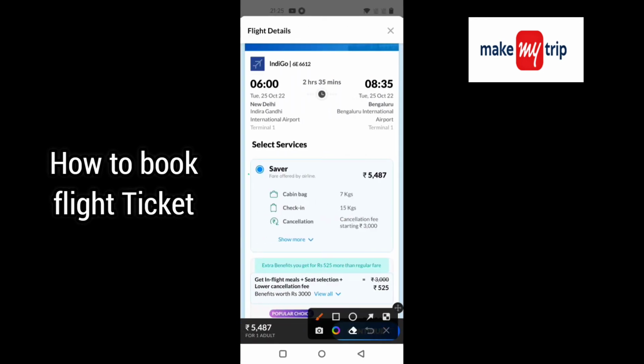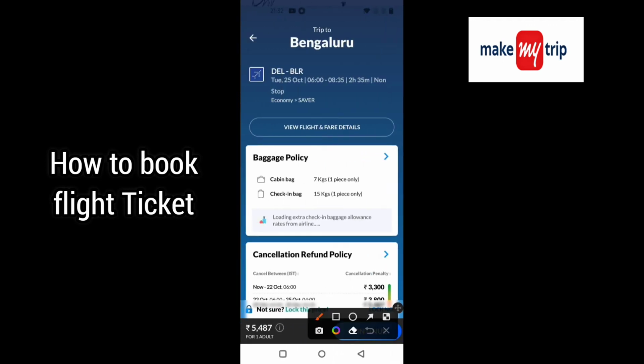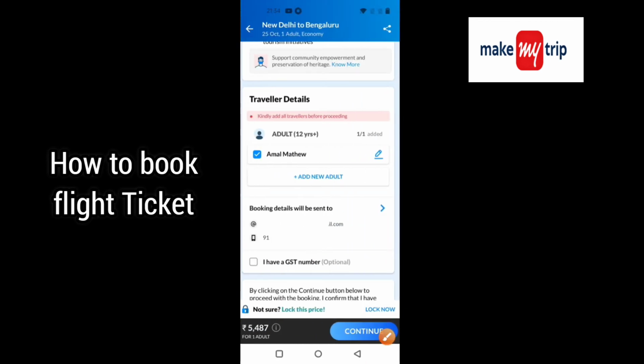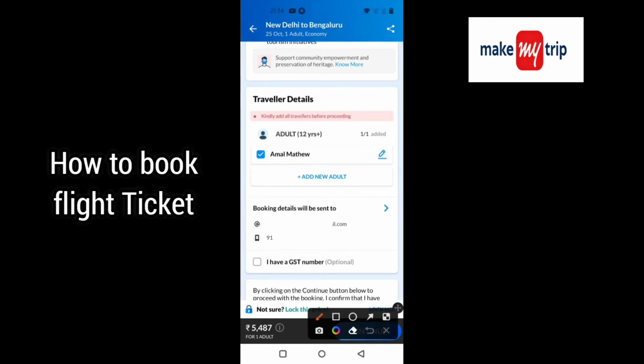then select the saver option. The saver option is the cheapest services option. If you select premium options or popular choices, you will pay more. I am selecting the cheap services compared to the others. Then continue, then again continue, click on continue again,